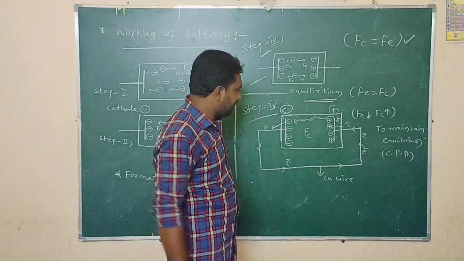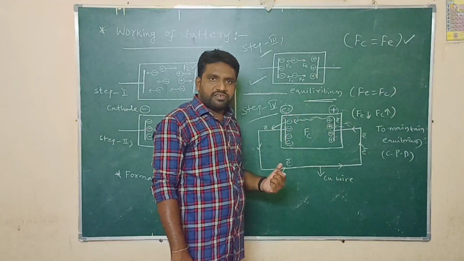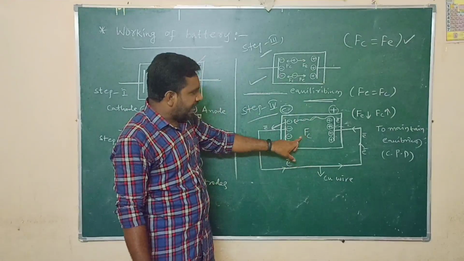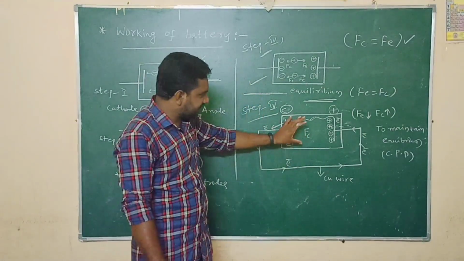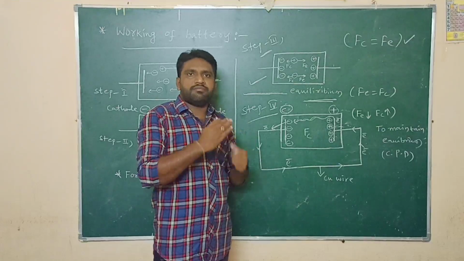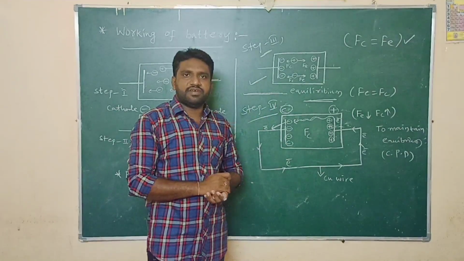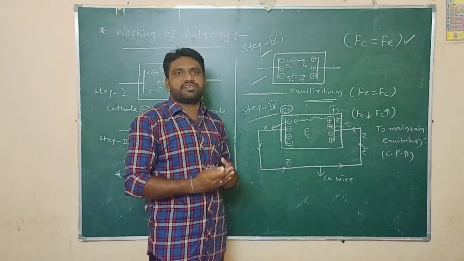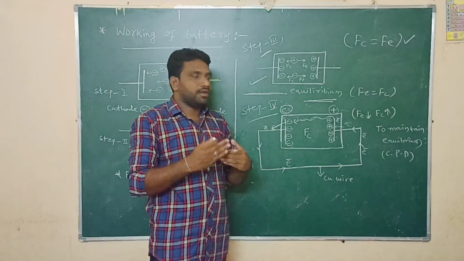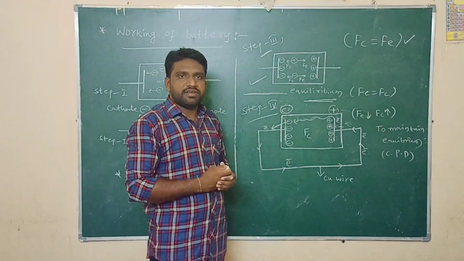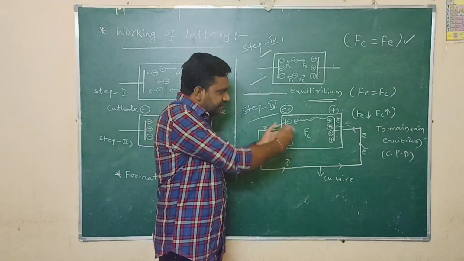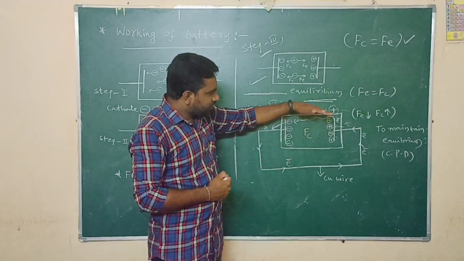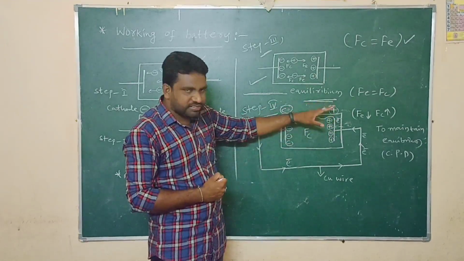This is the last step here. So when is the battery going to be discharged? To maintain this constant potential difference, the battery has to use its chemical energy which is present inside it. So it has to utilize its chemical energy to maintain this constant potential difference. It has to lose its chemical energy continuously. So once the chemical energy is completed inside the battery, it is unable to maintain the constant potential difference. So the potential difference will continuously decrease.